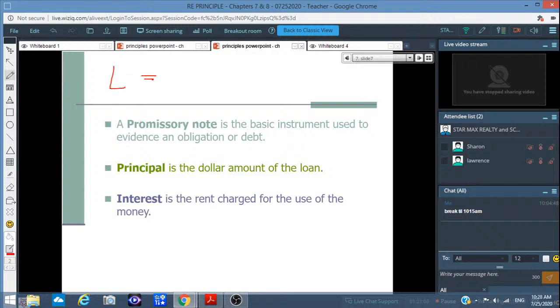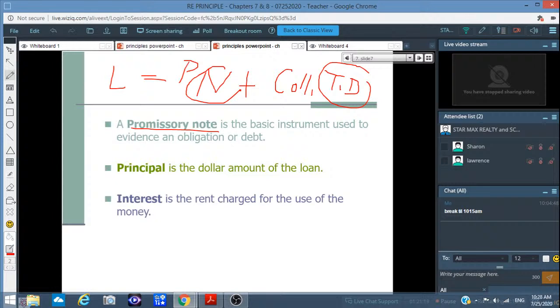Okay, so what do you need to do a loan? You need the note, what they call the promissory note, which is here, and then you add a collateral. They call it the trust deed. Okay, you need these two components. 你做贷款的话，你需要两个文件，一个是借款书，另外就是抵押书。抵押书我们知道 trustee，等等我们会讲的。So it's a basic instrument used to evidence an obligation of debt, or IOU, right? It's IOU, right? 我欠你多少钱，right？证明。